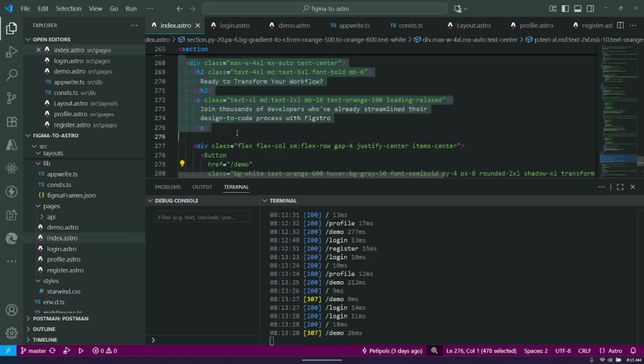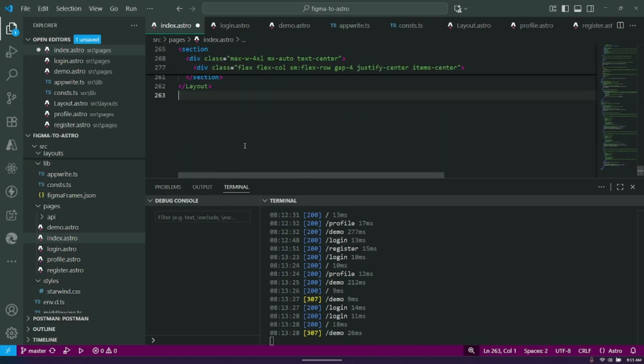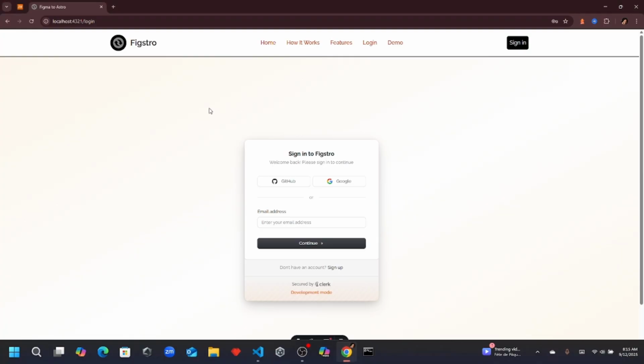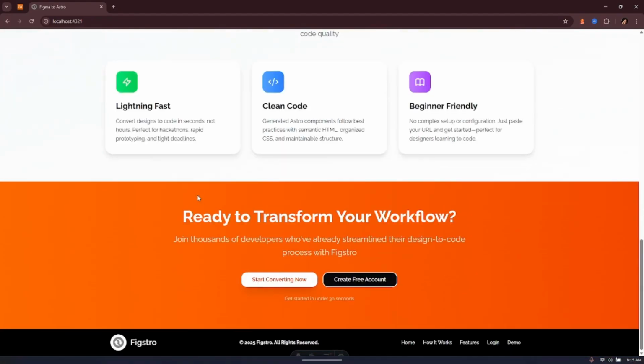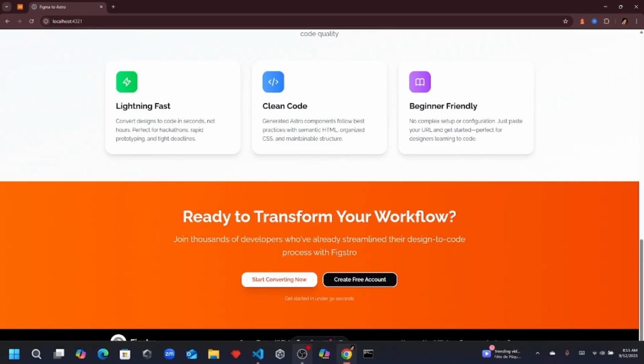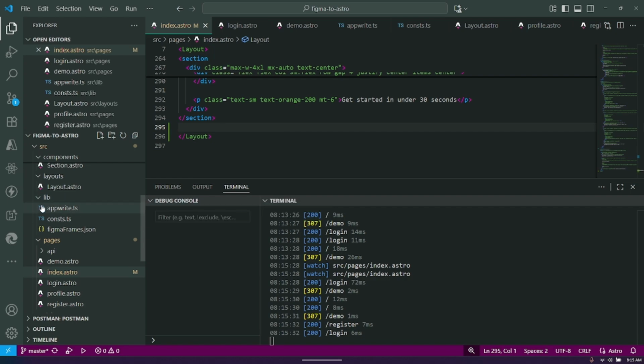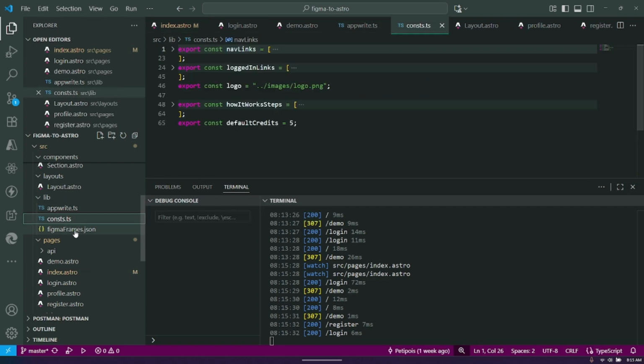Call to action is outside the section here. So that's what the problem is here. So now if we take a look at the home, yeah, that's better. Okay, and then we have the appwrite file, we have the const file, and for the demo, I also have a